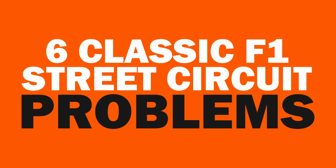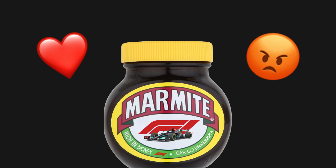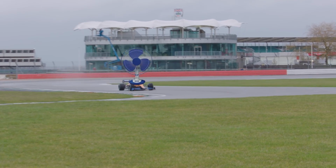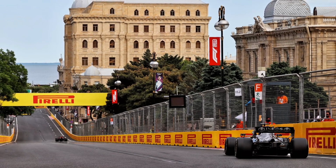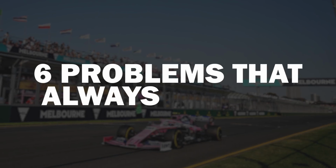6 classic F1 street circuit problems. Street circuits are F1's Marmite. You either love them or hate them. I'm not a massive fan of them for racing, but do very much enjoy watching F1 cars thrash around these circuits in qualifying. No matter where you go, Azerbaijan, Canada, Monaco, Singapore, Australia, there's 6 problems that always seem to